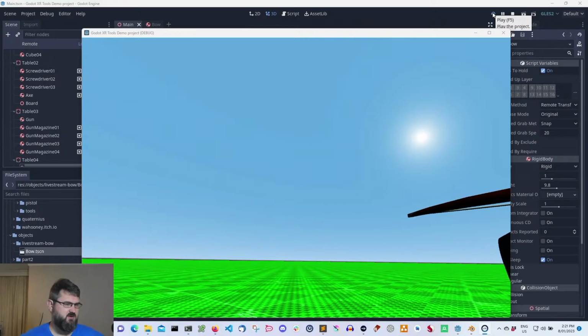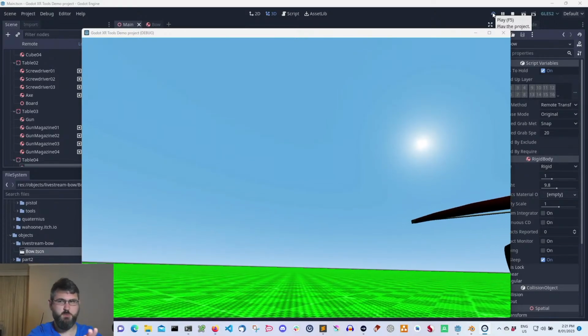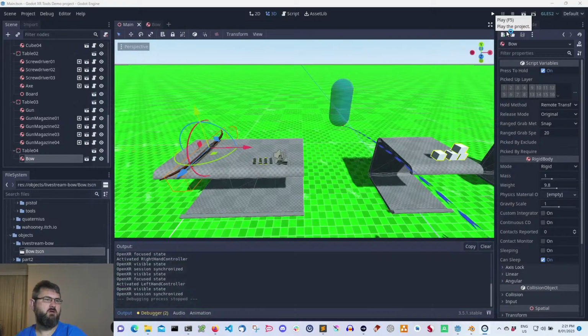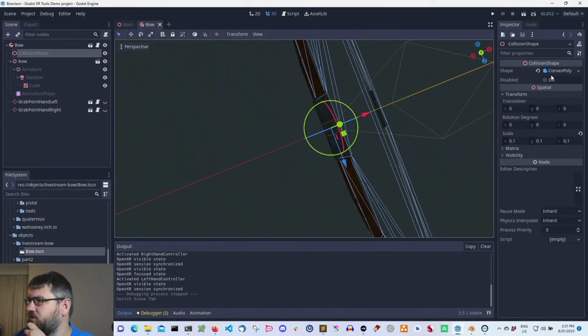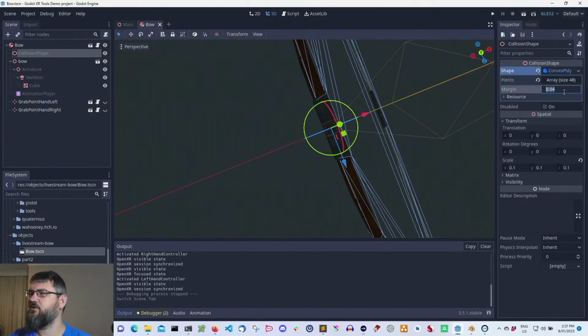All right, let's put that guy there. There we go. All righty. All right, let's go and have a look. First thing is we're going to have a look at our collision shapes. And here we go, 4 centimeter margin. This is really one of the biggest problems that we have right now